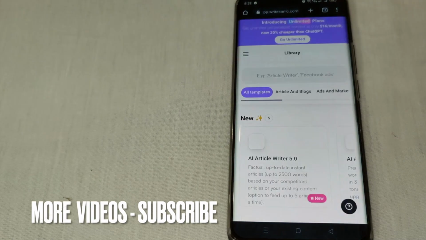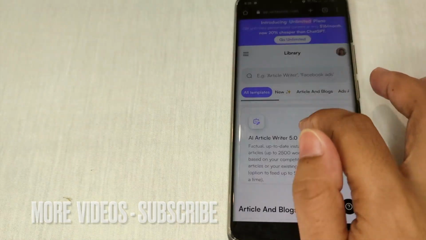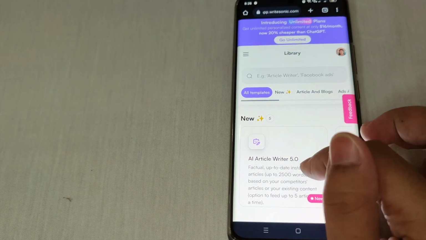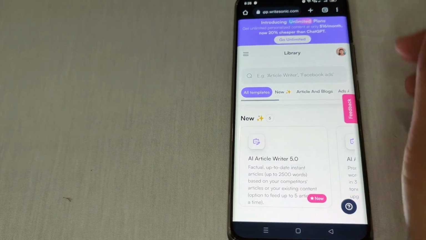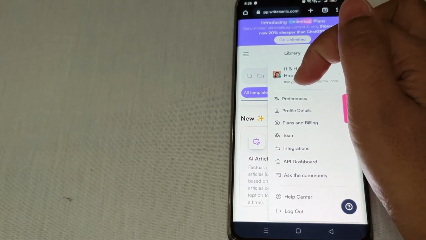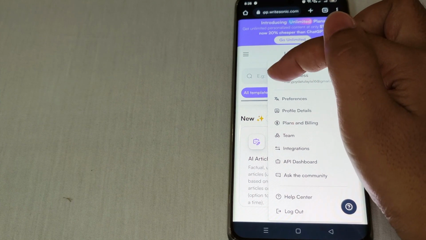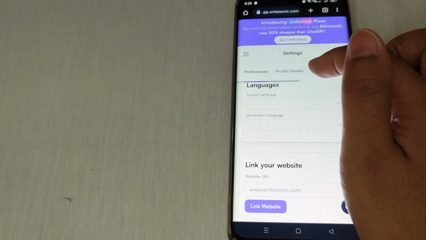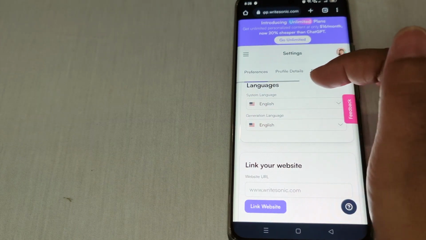you have to look for the language settings or the language preferences option. So where can we see the language settings? Over here, this is your profile. Just tap this, and as you can see, there is a word preferences over here. So all you need to do, guys, is just tap that, and alright, so now we are in the language